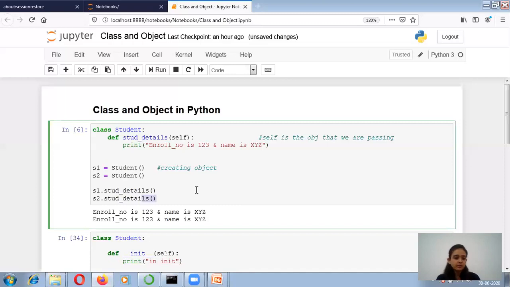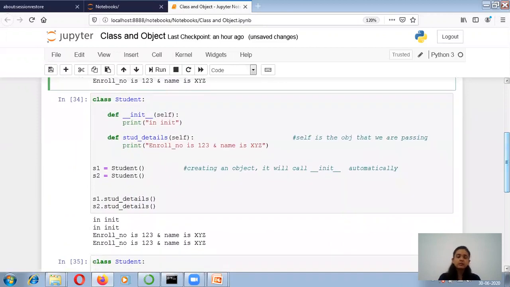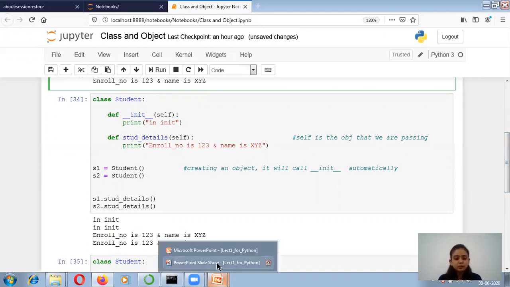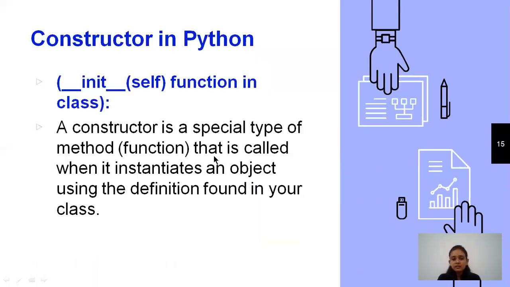But I have told that every student has a different enrollment number and a different name. So if I want to perform functionality like that, then I have to make use of the constructor. Now what is a constructor? As the name says, the constructor is used to construct a value. So what is a constructor in Python?